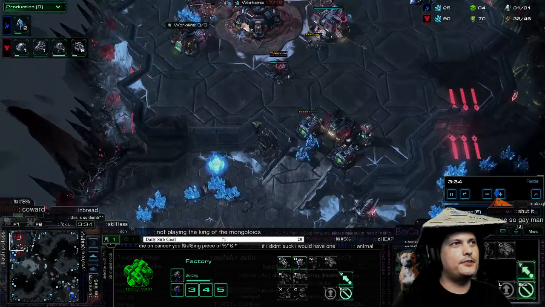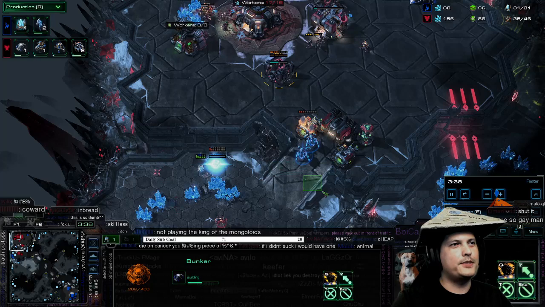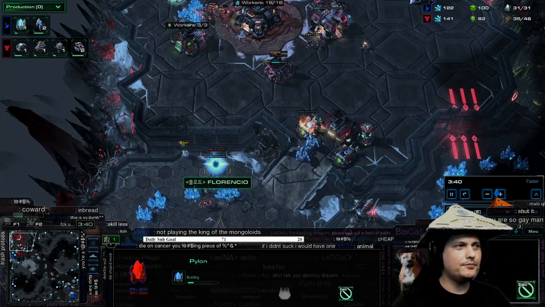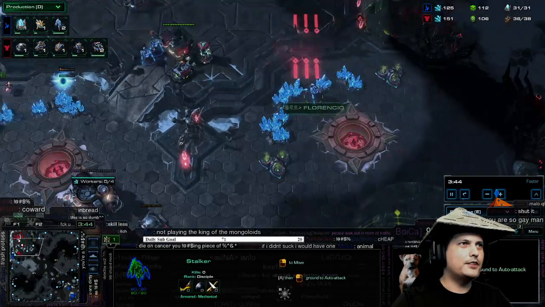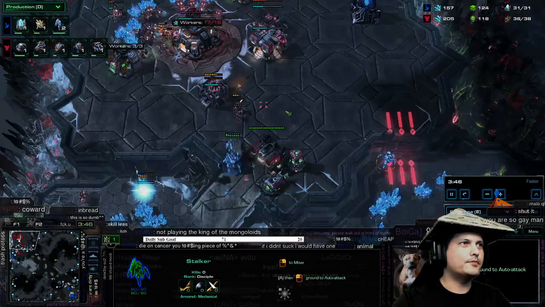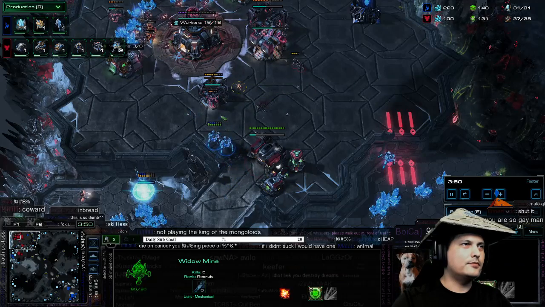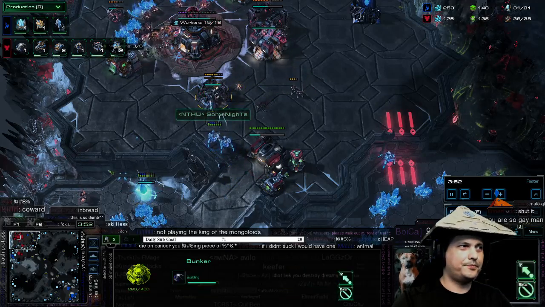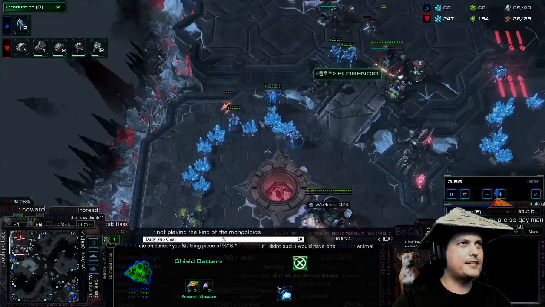So right here we go. The bunker's misplaced. I can put myself right here and I can still kill it. Thing with the stalker. Let's try to deny that bunker. And there goes the bunker. I have battery shields right here just in case he...